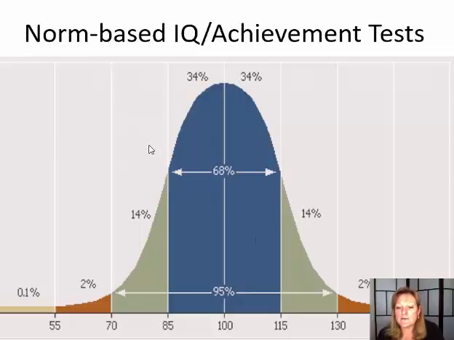It also works toward the other side. So, again, you have 68% of the population that will have an IQ between 85 and 115. That's considered average. Okay, 14% of the population will have an IQ between 85 and 70. Another 2% will be at the third standard deviation, or measure of variance from this particular mean here, and will have an IQ score that's between 70 and 55, which is very low. And then about 0.1% of the population will have an IQ that's well below 55, which would be a significant intellectual impairment. Okay?